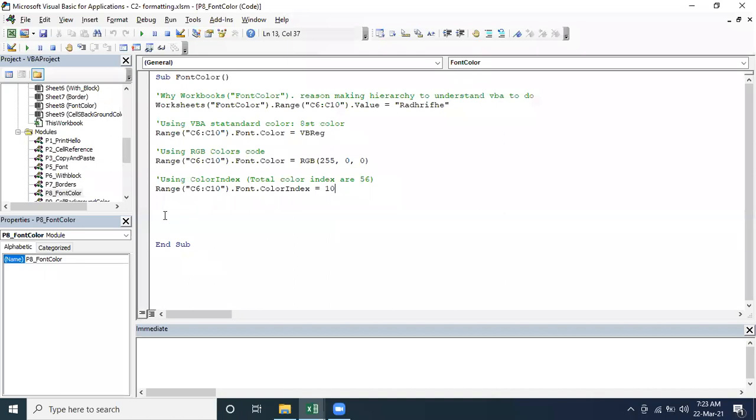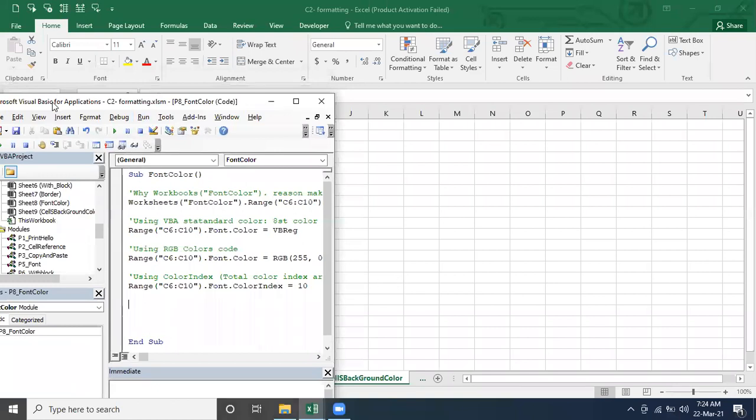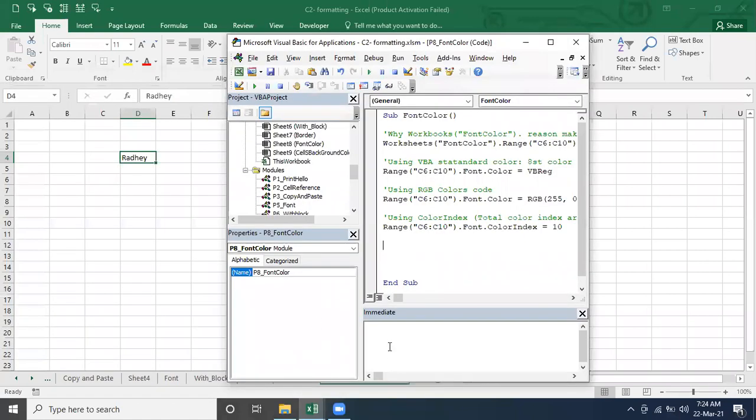One thing you should understand, which I'm going to tell you. A lot of people do it this way. Here the font range we have defined is C6 to C10, here to here.